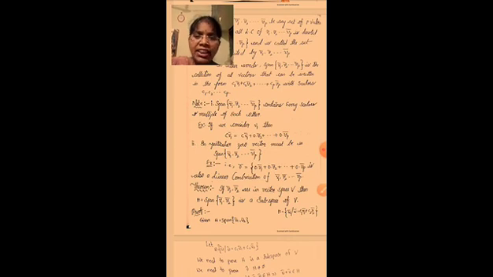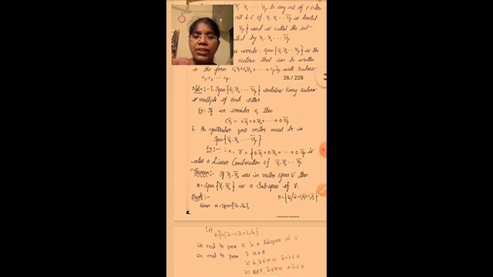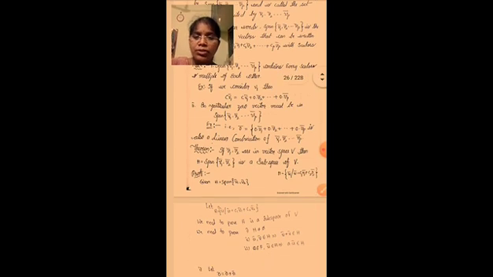contains every scalar multiple of each vector. Okay, every scalar multiple. For example, see here, if we consider v1, then c v1 bar can be written as c into v1 bar plus 0 into v2 bar plus and so on 0 into vp bar. Okay, c v1 bar can be written as c into v1 bar plus constants 0 for v2 bar up to vp bar. Okay, again we get here c v1 bar only.